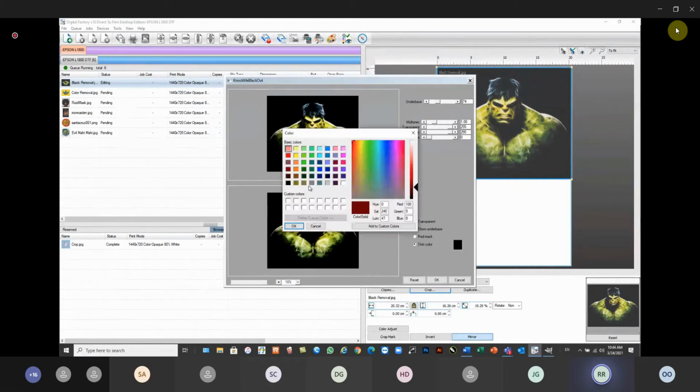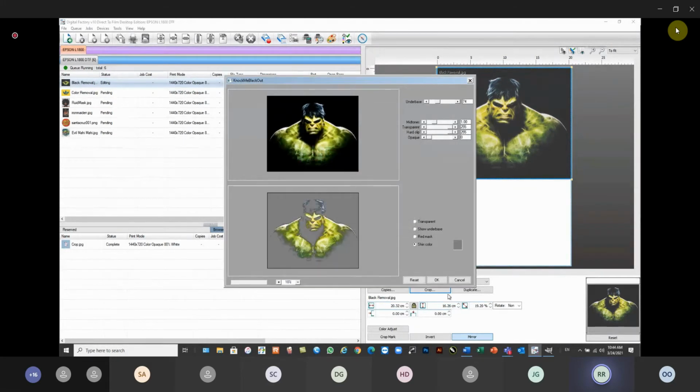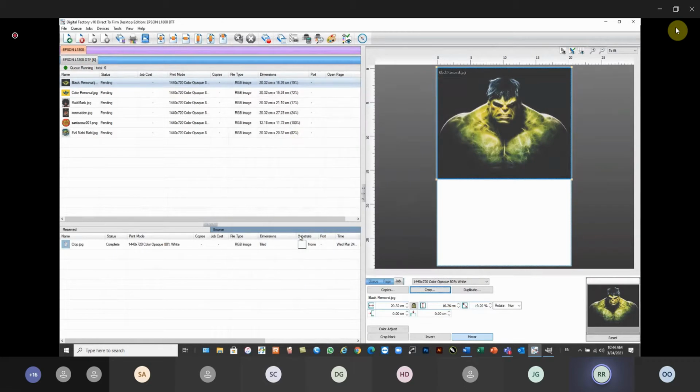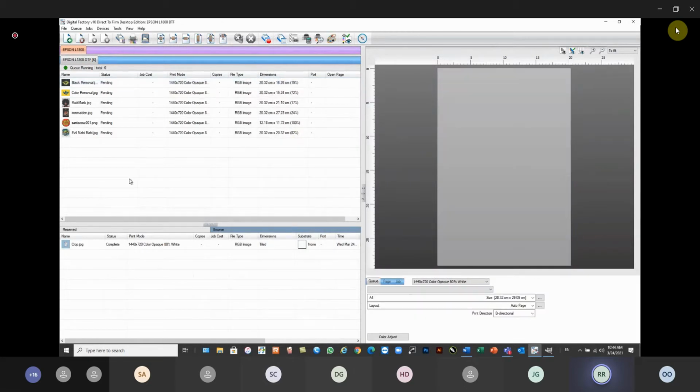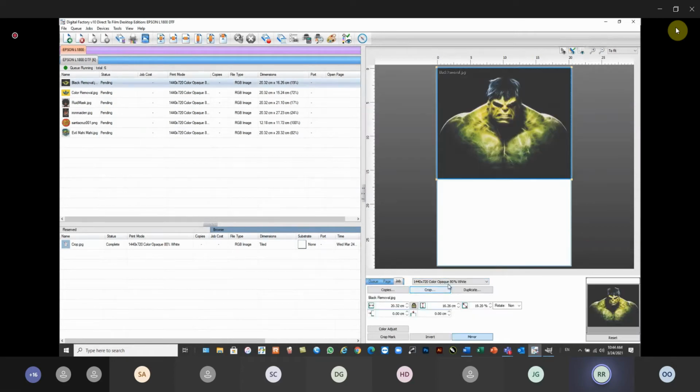Okay, so if I did the knockout black and I want to put it on a dark gray shirt, okay, this is what it would look like. Okay, so that's our black removal, our Knock Me Blackout. You could also set the queue up to automatically knock it out as well. Okay, so we actually created some print modes. Okay, so for instance, this black print mode,